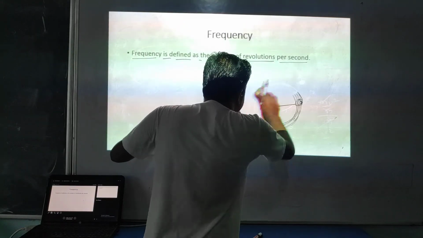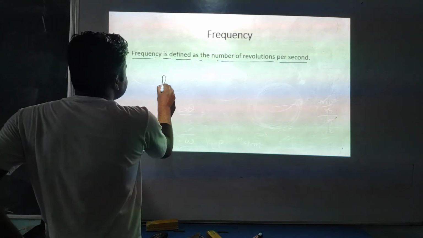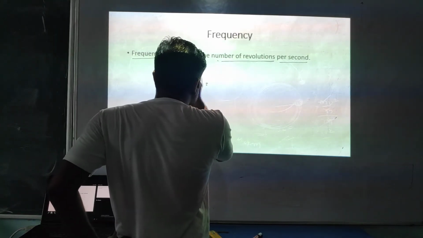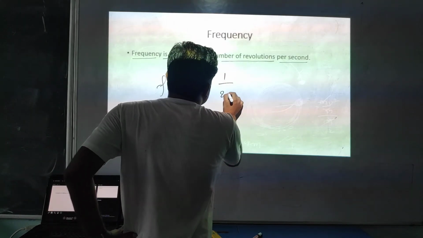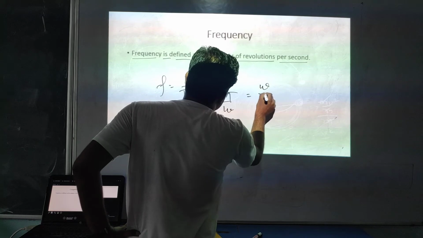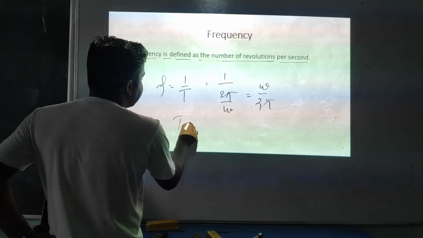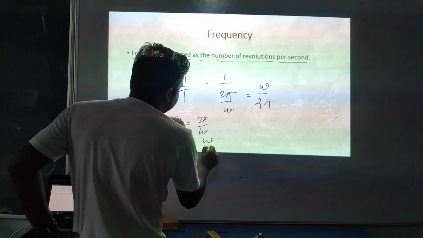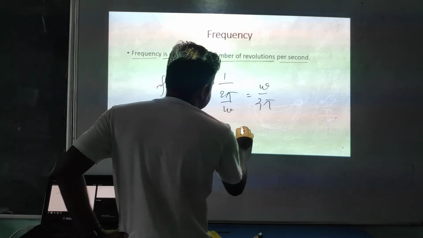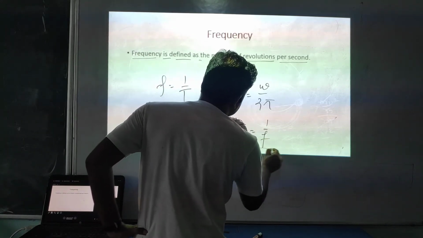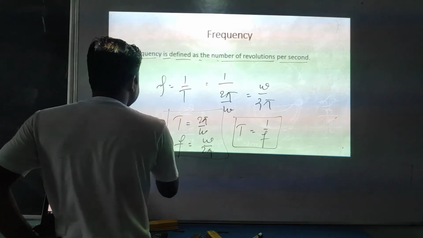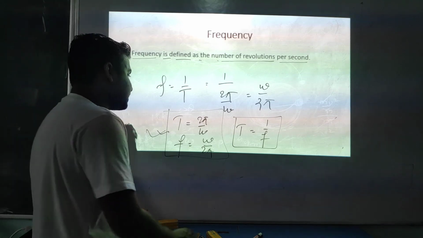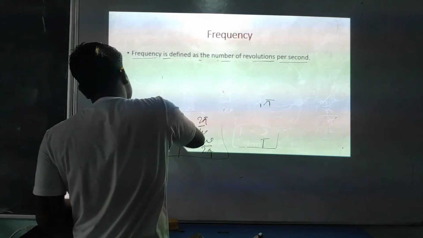So how will you define this? Frequency equals 1 by T. T is what, student? Time period. And we know the formula of time period, 2 pi by omega, so frequency is omega by 2 pi. The formula of time period is 2 pi by omega and the formula of frequency is omega by 2 pi. और जिसको याद नहीं रहता वो ऐसे लिख सकता है, time period equals 1 by f. Vice versa is also true. Student, this formula is important for solving questions. Now you understand what frequency and time period are. Note down this definition and formula.